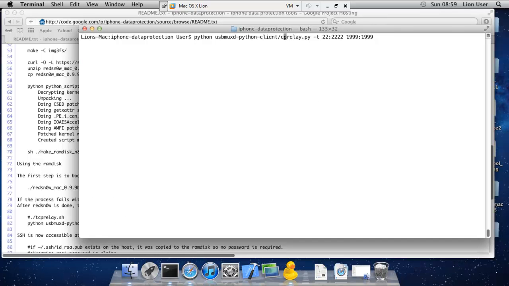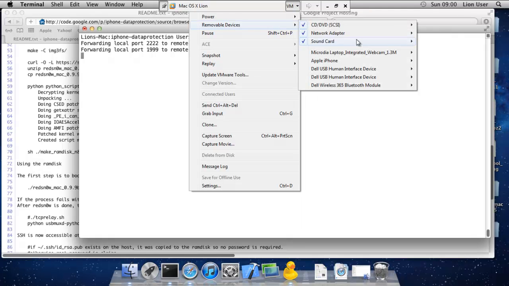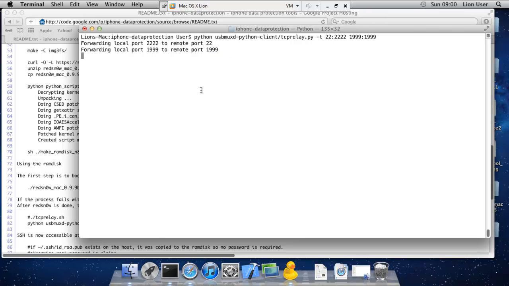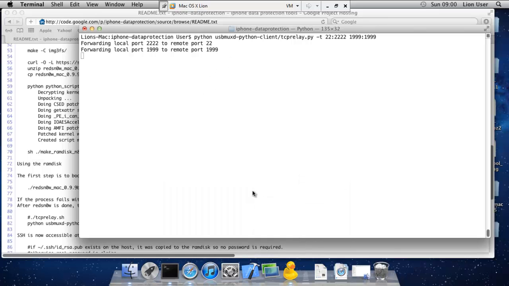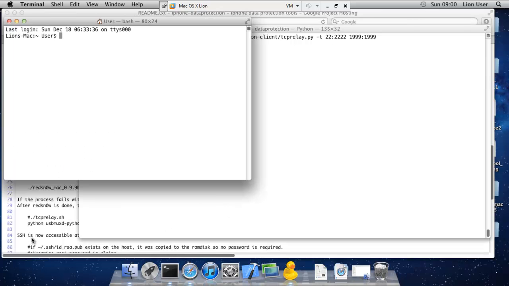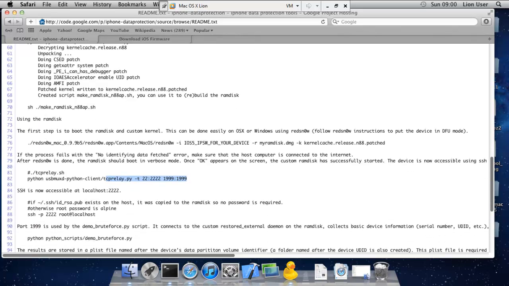USB multiplexing provides TCP-like connectivity over the USB port using SSL. The TCP relay Python script is going to redirect SSH traffic to a local port. At this point, we can SSH to the device on a local port. Over SSH, we get access to the file system.